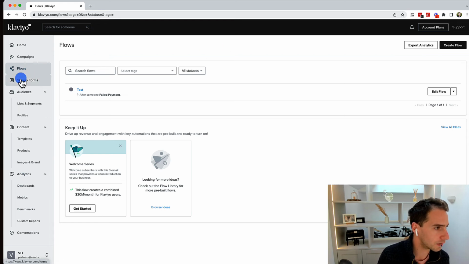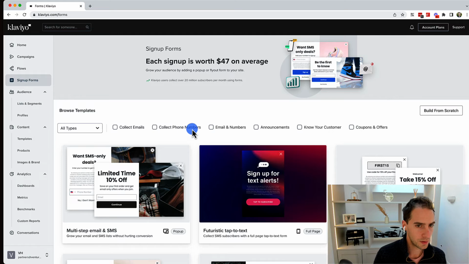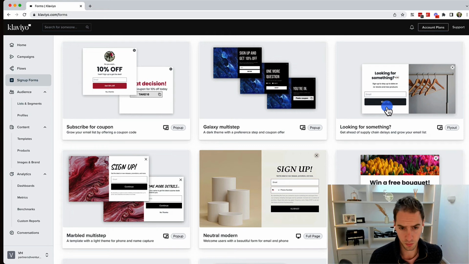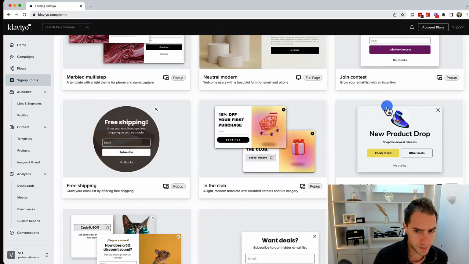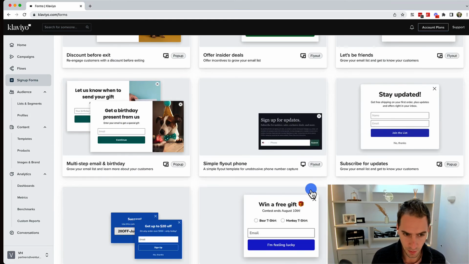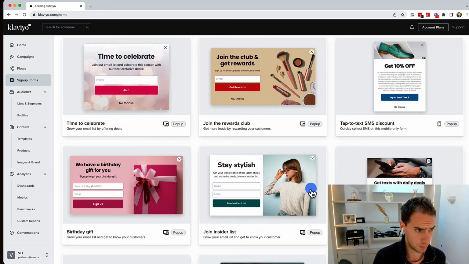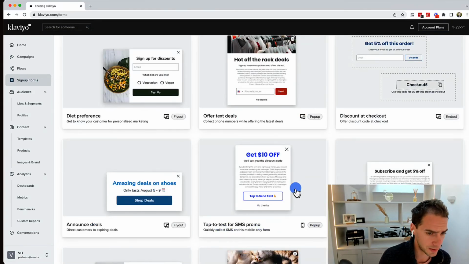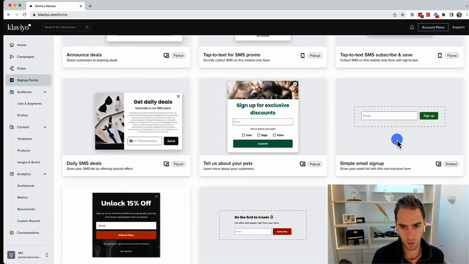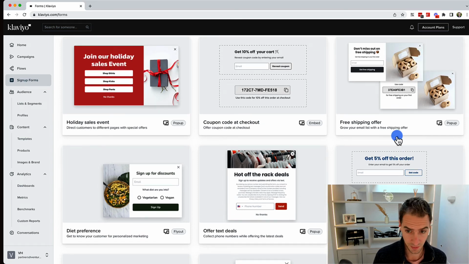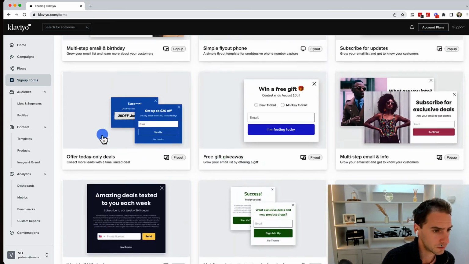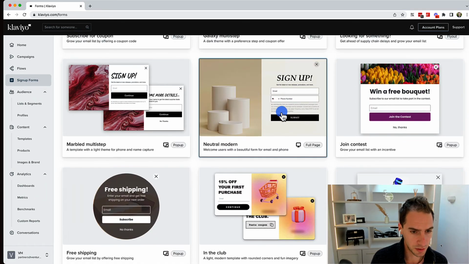So next on our list, we've got sign-up forms. Again, the templates look really nice. It looks like we've got a combination of things like exit intents, some inline forms, the pop-ups that we get at the bottom right-hand screen, and then presumably some inline forms as well that we could use for things like contact. But most of these seem geared towards offers that we would trigger on exit intent, I'm guessing just from the design of these. So I'm just going to go for one like this,